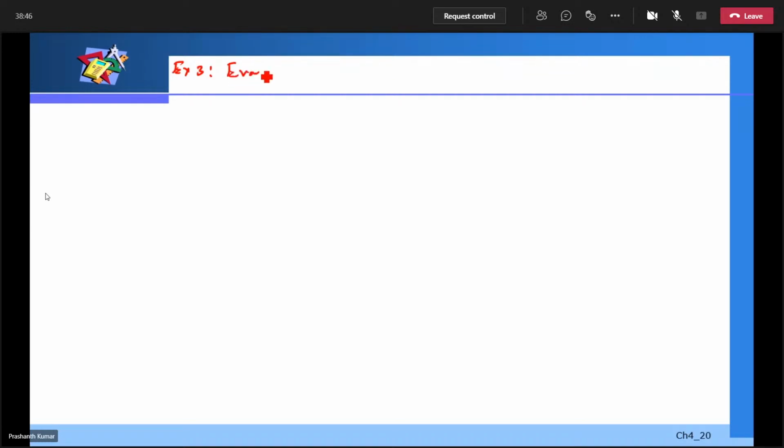Evaluate the integral over C. That means this is a closed contour. This representation is a closed contour. The integral of (z square plus 4) by (z minus 3) dz, where C is